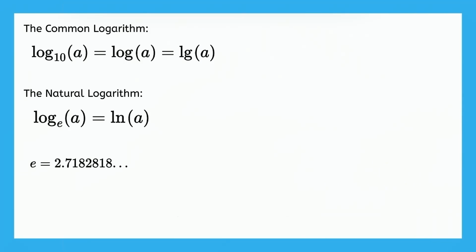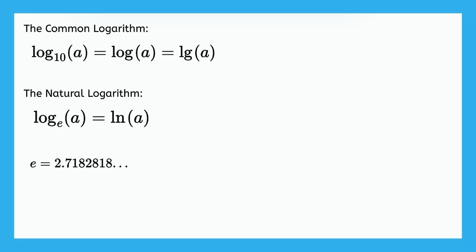So before we actually get into the change of base rule, let's talk about a few quick points. We'll start with this first one, the common logarithm. You've heard me explain the common logarithm briefly in a previous video, but what are the different ways that you can actually write it? Well, you hopefully already know you can say log base 10 of some number. We're just calling that a. You could also say just log of a because that 10 is implied, as we've talked about. But one other way that you could write the common logarithm is by saying lg of a. Whichever of these three forms you come across, just know that they're talking about the common logarithm, log